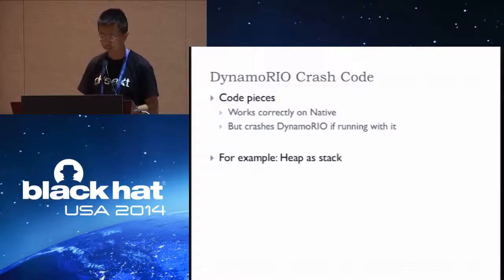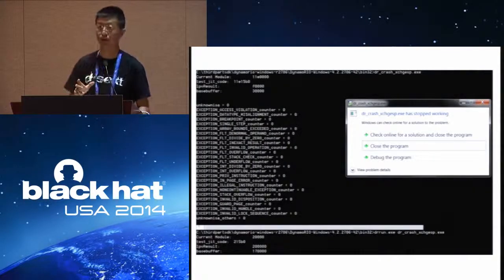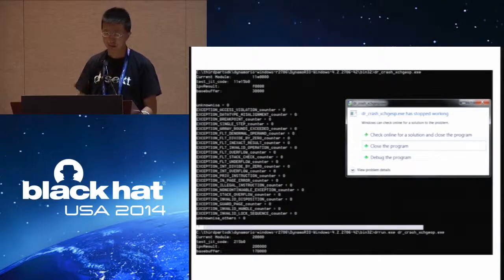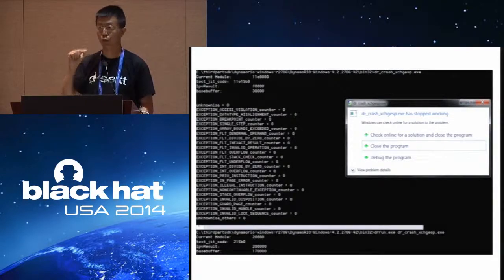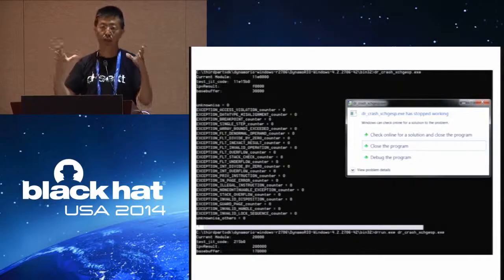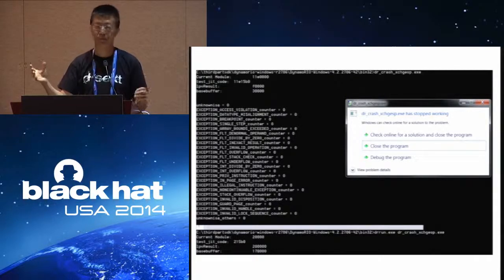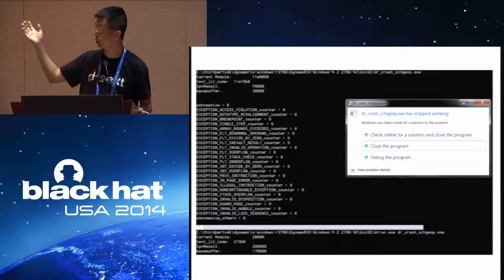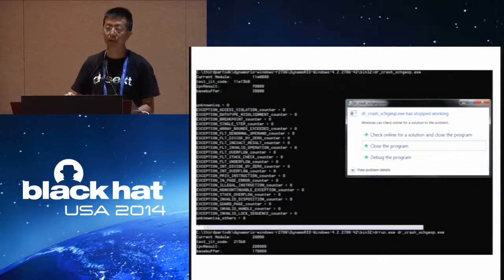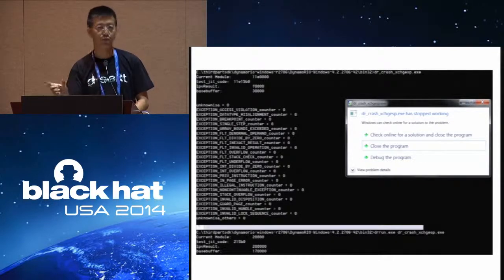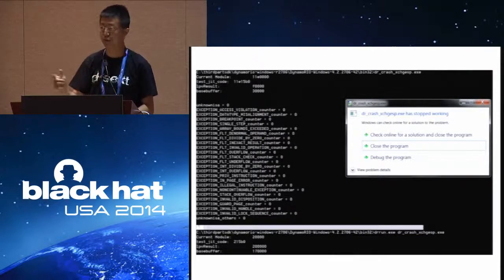Here's one example. We wrote a piece of code that makes a stack pivot. It uses the heap as a stack at one stage. Here's a screenshot of running our program twice. The top half shows running this code without the DBI, and it just ran and showed some output. The bottom part is our second run under the instrumentation platform, and you see a pop-up window